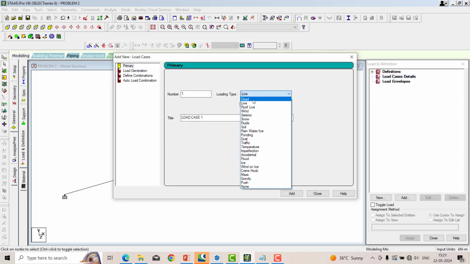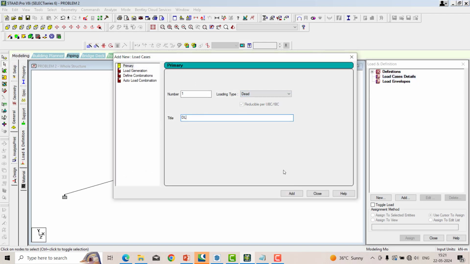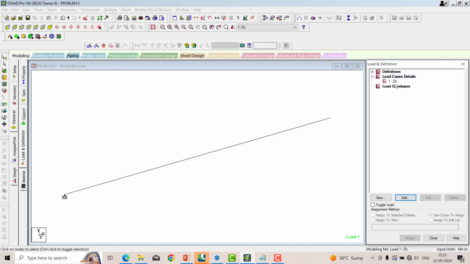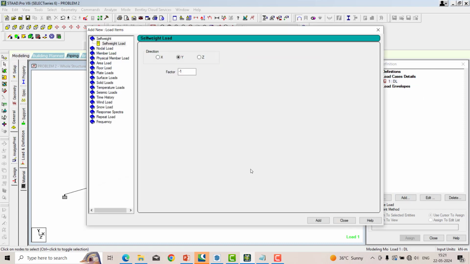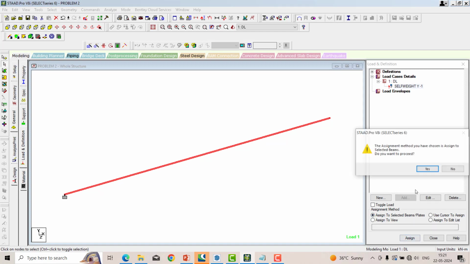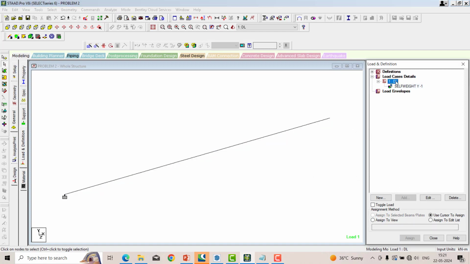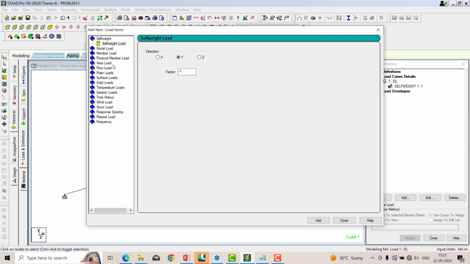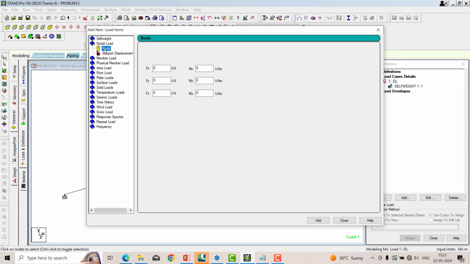Dead load we have to add compulsorily. Under the dead load we have different categories, first we have to add the self-weight. Select the beam, assign to, make sure you select the self-weight beam and then assign to selected beam. Along with this, I have two more conditions. One is nodal load.